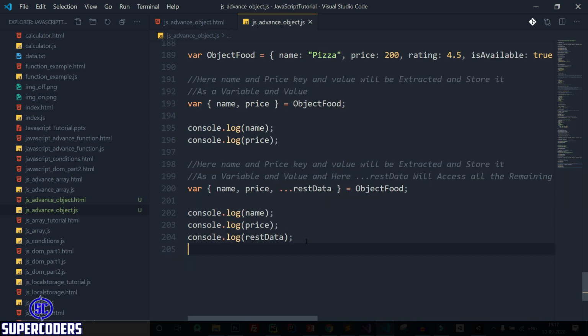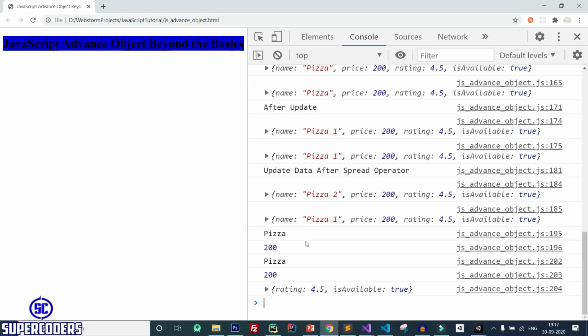Now save it, back to Chrome, refresh the page. You can see it's working. You can access the name, price, and the other data accessed with the rest operator.